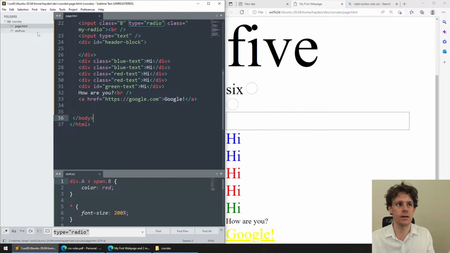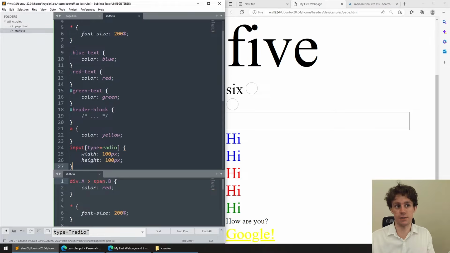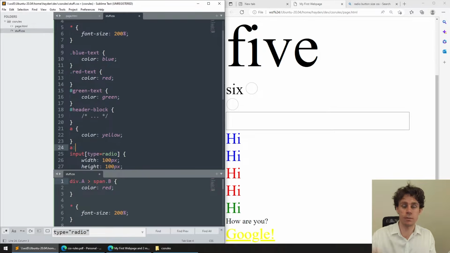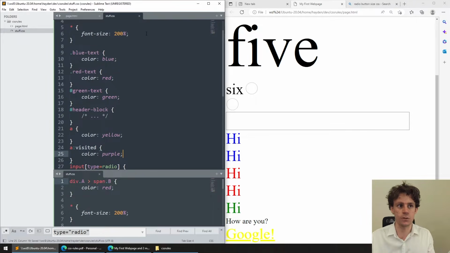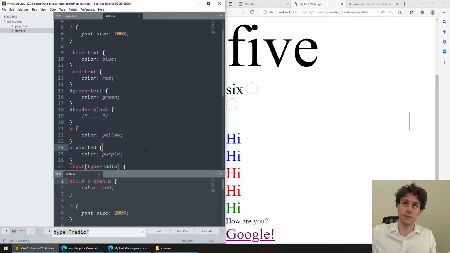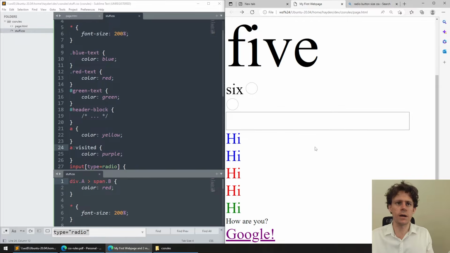So for instance, if I go back to my CSS file, I will add a new property. I'll add a pseudo-class to the a tag selector called visited. This is the style to apply if you visited that link before. So in this case, if I visited this link to Google, it now comes up as purple, right? This doesn't mean that you've ever visited Google. It means that if you've clicked on that link and visited Google,